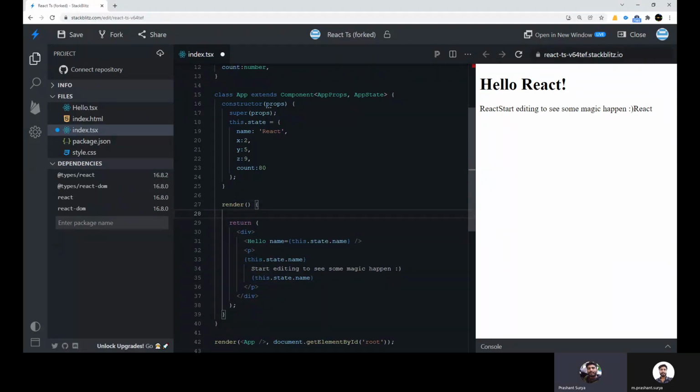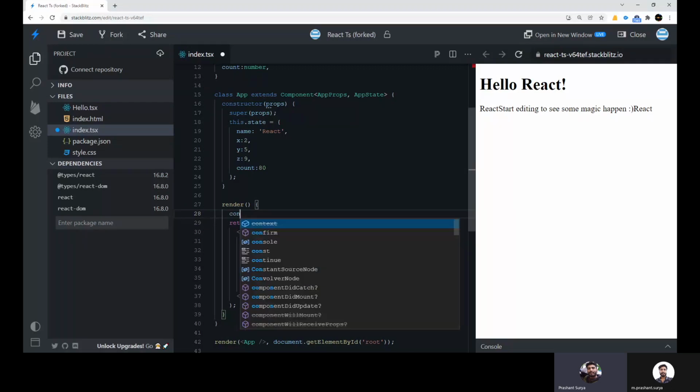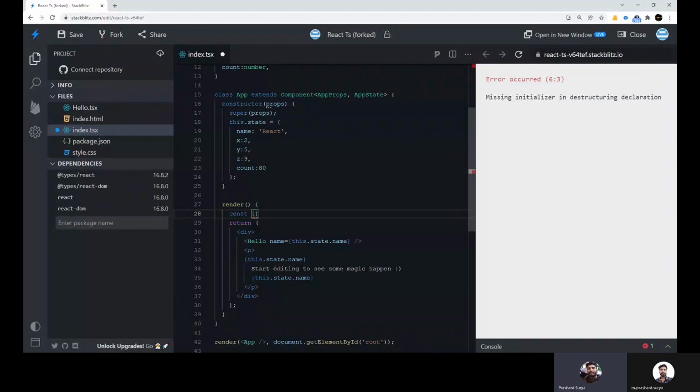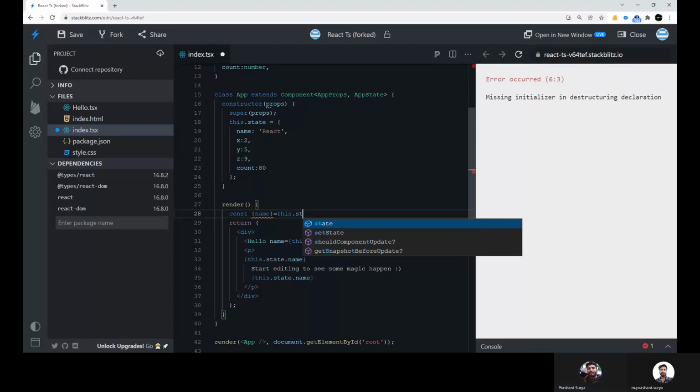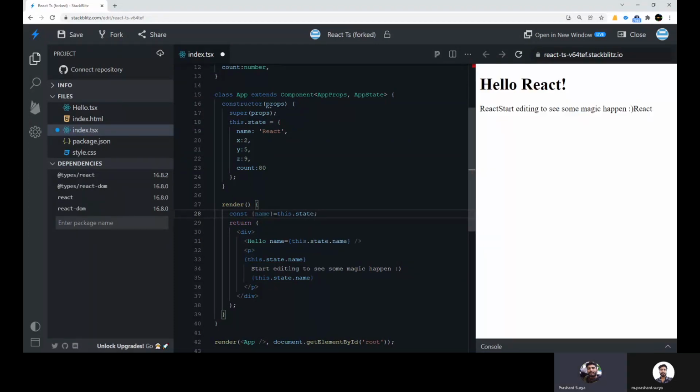So for that you can write like this: const, and here you can write name equal to this.state. Now you can only use this name variable in place of this name, and you can replace it with them. So you can see it will work.